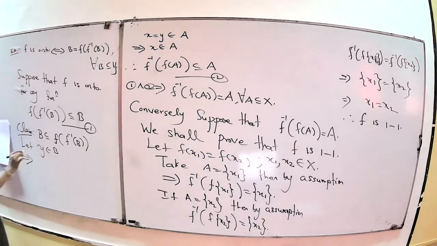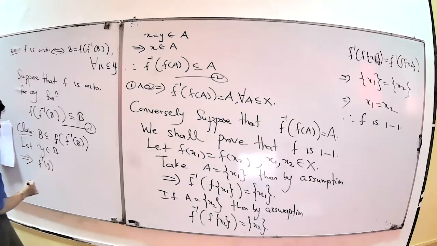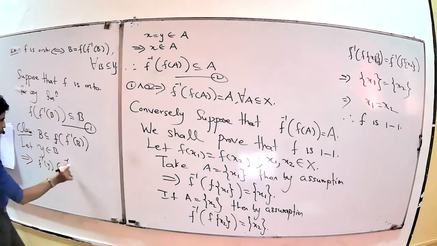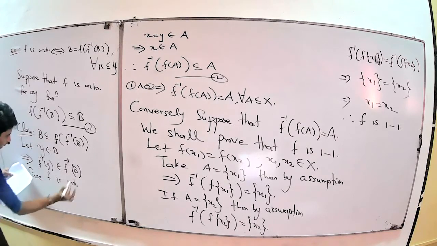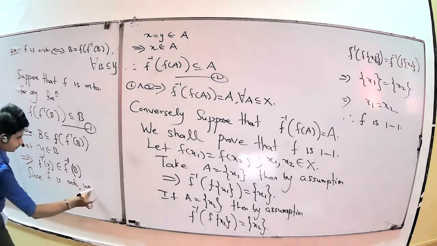Then f inverse of y belongs to f inverse of b. Here f is an onto function. Since f is an onto function, therefore we have